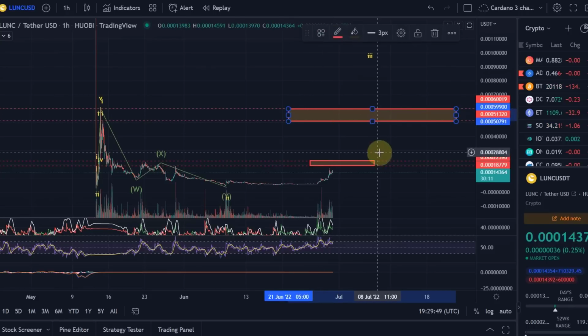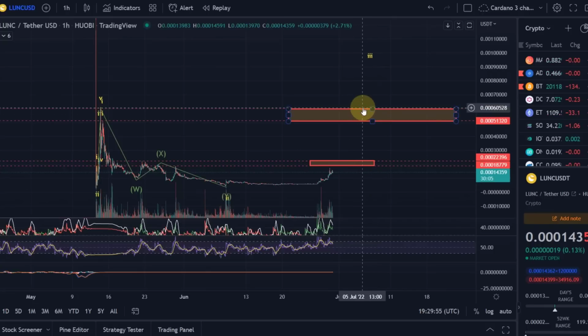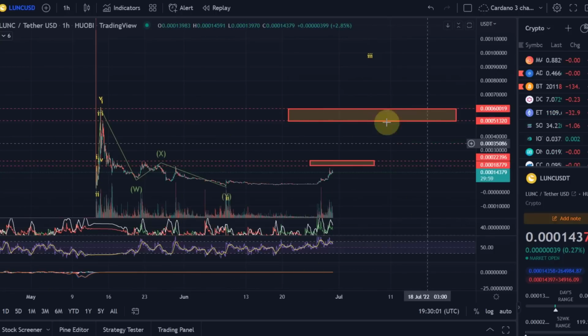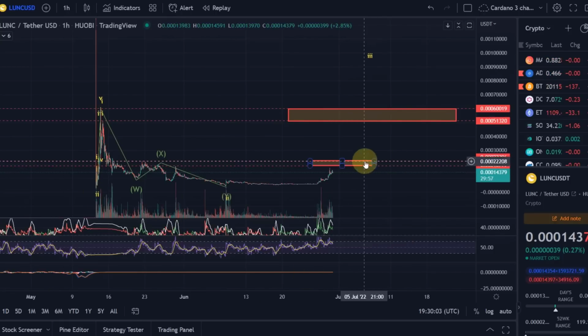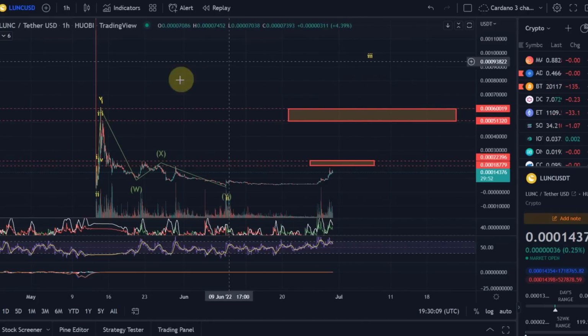Yeah, so these are two key levels that obviously would need to be overcome, but of course they can be traded. And then if we go above this level, it's nearly as if we were going to a new all-time high. Well, it is sort of a new all-time high for Luna Classic since the rebirth. Okay, so this is something we need to be very, very much aware of. These key levels here, they need to be overcome.